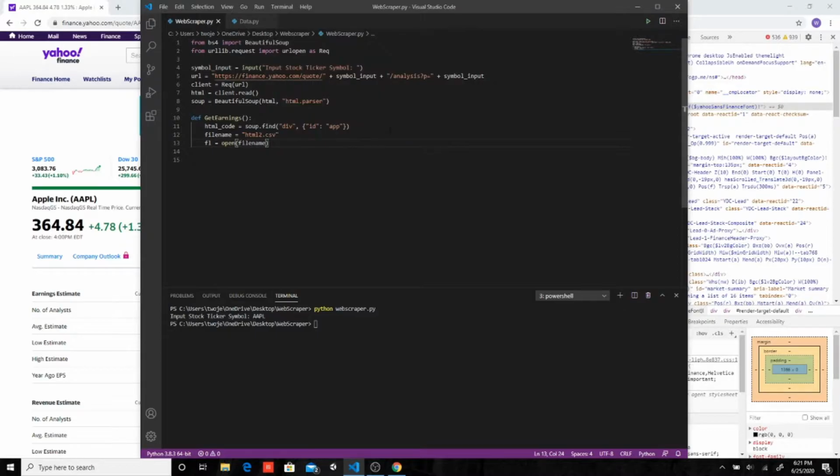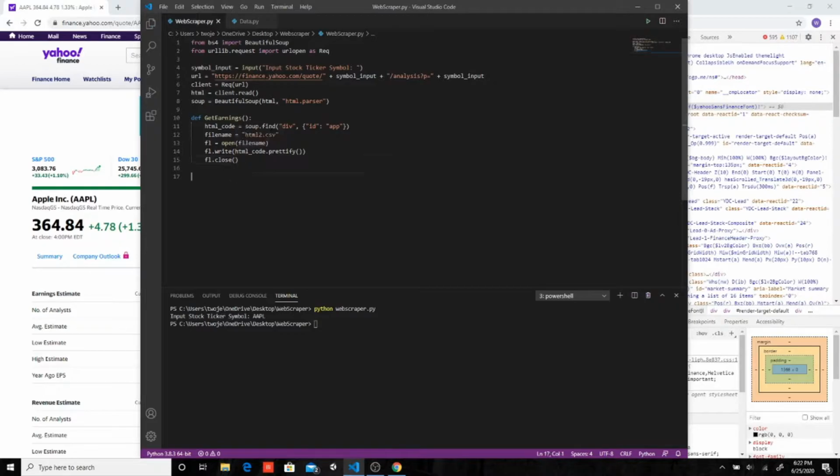This will open the file, and then finally we want to write to the file. So we're going to do fl.write, and we're going to write HTML code, and we're going to do something called prettify, which will make the code look nicer. And then finally we're going to close